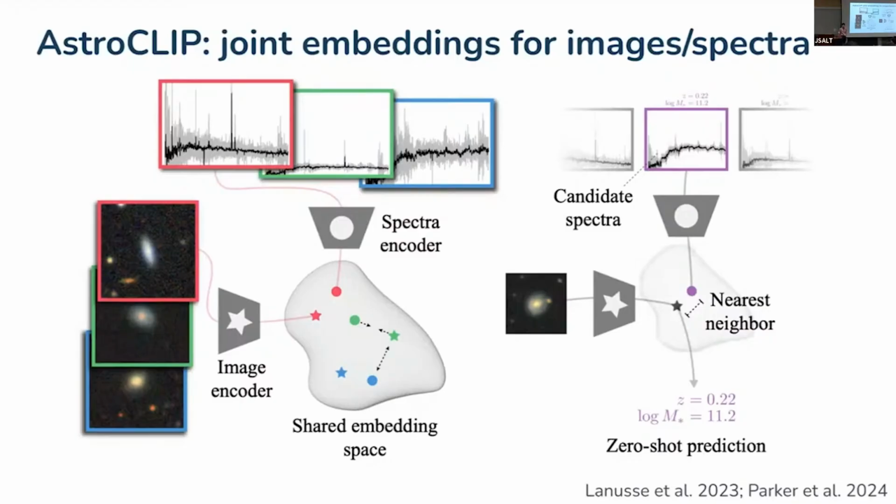Yep. I guess if the scientists give it an image, and the system gives back a spectrum and says this is the spectrum of the image, the scientist will be like, obviously not, this is made up. But if you say this is a spectrum of a very similar object, get inspired by the spectrum, it's like, maybe. Yeah, no, that's true. Yeah, no, I agree. The framing is important.